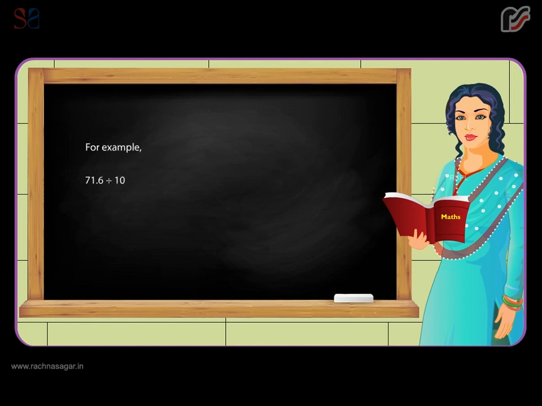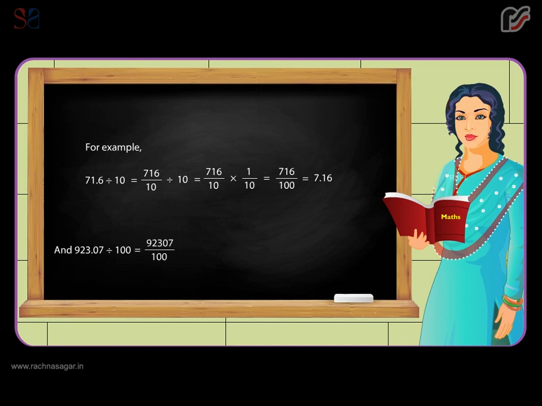For example, 71.6 divided by 10 is equal to 716 by 10 whole divided by 10 is equal to 716 by 10 whole multiplied by 1 by 10 is equal to 716 by 100 is equal to 7.16. And